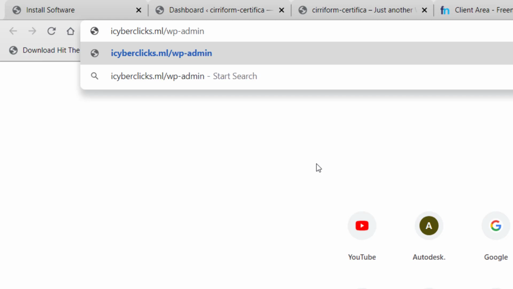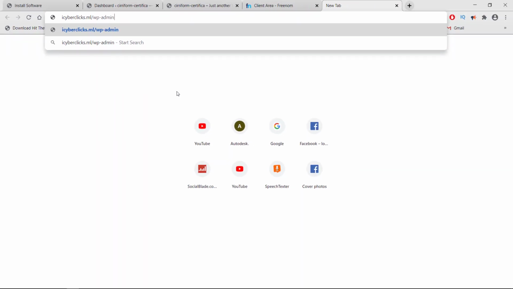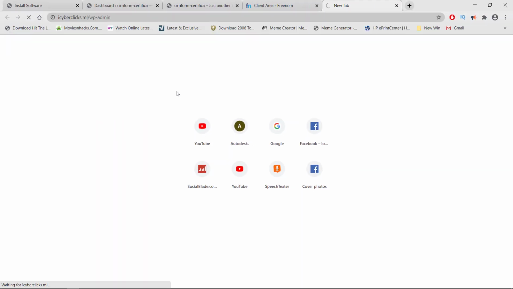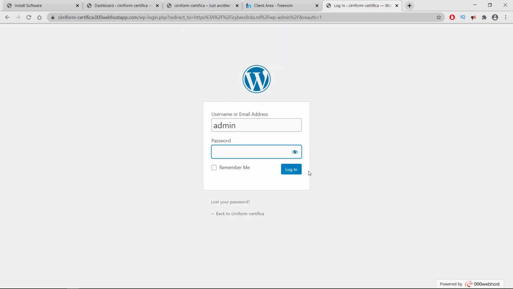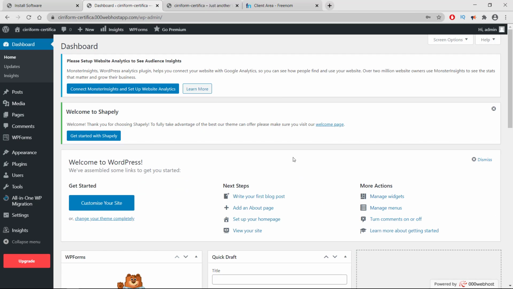So here I'm accessing the WordPress admin section of iCyberclicks.ml. I'm pressing the enter button. I have to put in the same login credentials here, and I'm pasting my password. All you need is to close these extra things, and you can customize your website here.